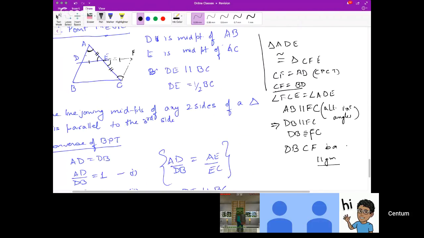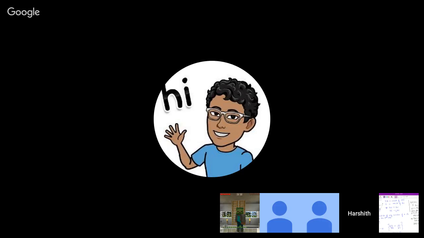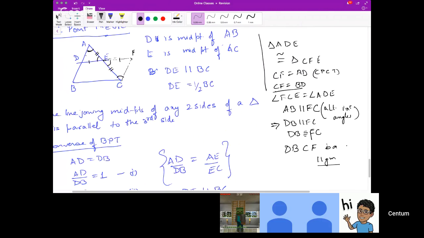Ojasvi, I discussed this in the class as well. The question is, why can't we use similarity to prove this? As I told you, one theorem is based on some other theorem. Let's say theorem X is based on theorem Y, and the proof of theorem X lies in theorem Y. Then you cannot use theorem X. Question on YouTube: why can't we just prove similarity of the two triangles since they are parallel? That's what I was saying, that similarity is based on